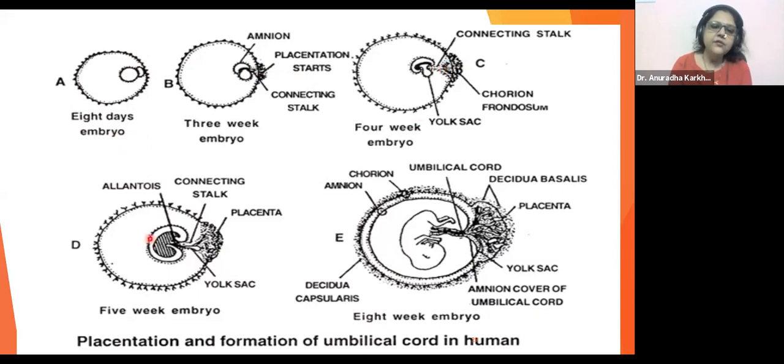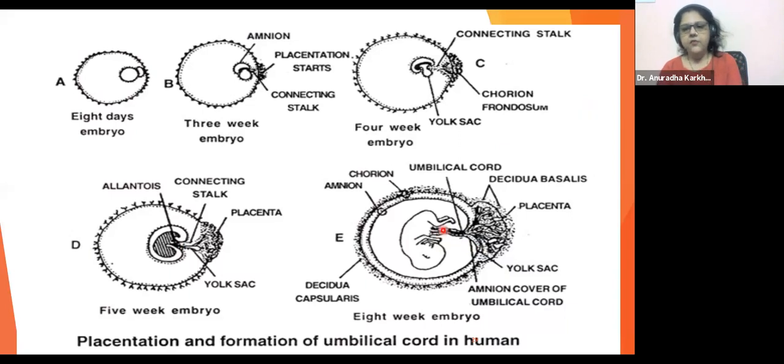Then look over here, this is the fetal development that is taking place with the yolk sac becoming tubular and allantois being formed over here, right? Yeah, you can see the allantois being formed over here. And in this diagram, you can see the complete fetus is almost developed with this connecting stalk containing your allantois, amnion, chorion, yolk sac, everything held inside the same cord called the umbilical cord. So very clearly you can see this now.